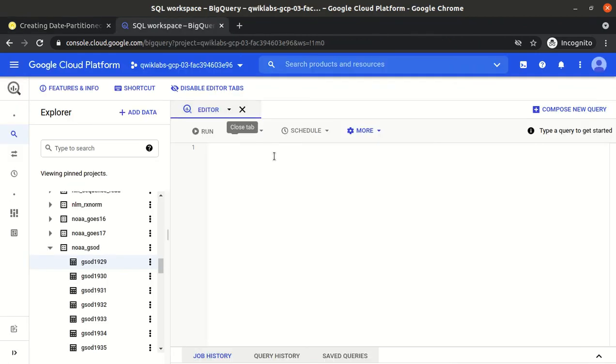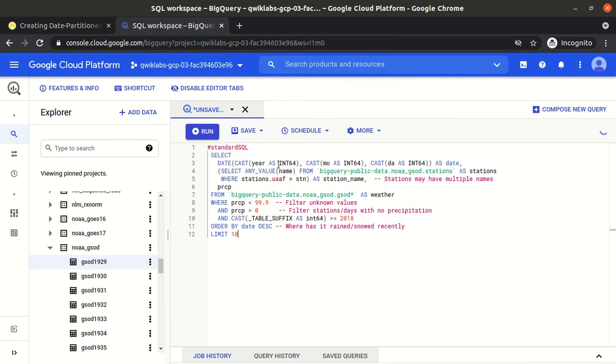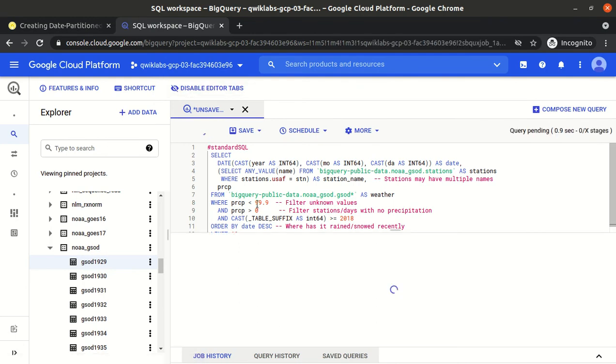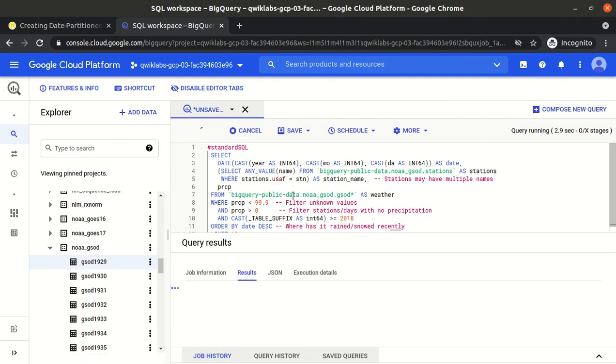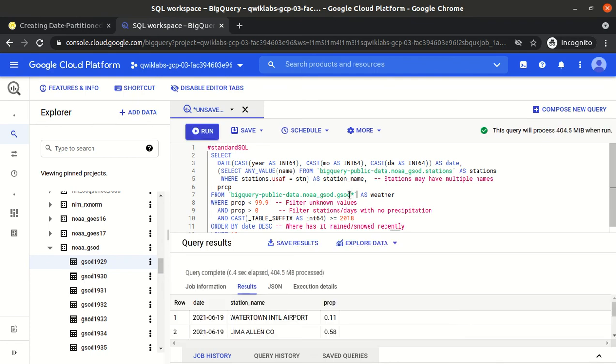This is a normal SQL query, and we are running it on a non-partition table first. We are running it on this public dataset under GSOD star. GSOD star means we are executing this query across all the tables, like 1929, 1930, all the tables.